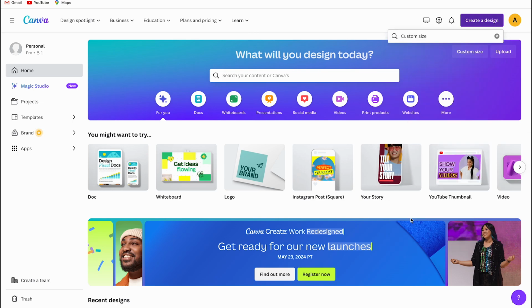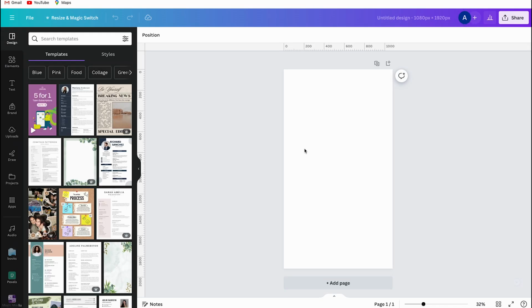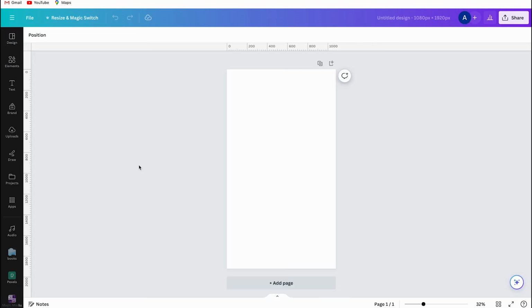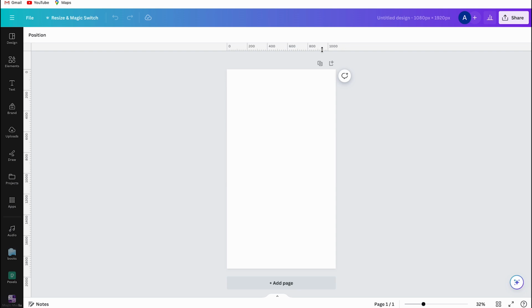Okay, let's get started. First you're going to create a new design and select 1080x1920 pixels. Then as you proceed, you start with a blank canvas. You may not have these rulers and guidelines visible here, but if you'd like to enable them, simply press Shift+R on your keyboard. I highly recommend using them because they can make your work much easier. To remove a guideline, simply select it and click on this undo button or drag it out of your design.